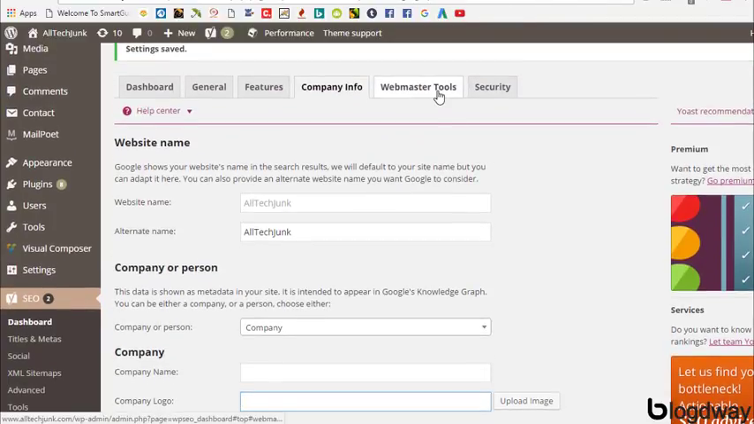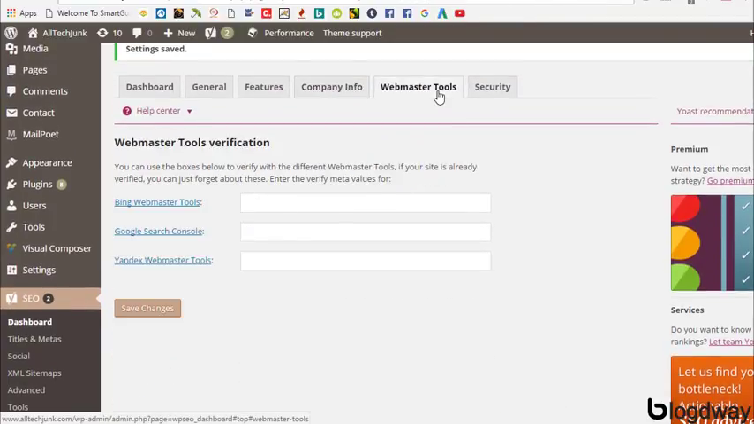Then we have webmaster tools. The very first step to start with this plugin is to submit your site to these three webmaster tools. We have Bing Webmaster Tools, Google Search Console, and Yandex Webmaster Tools. Now enter these details and then go to the other sections, the most important one, which is called